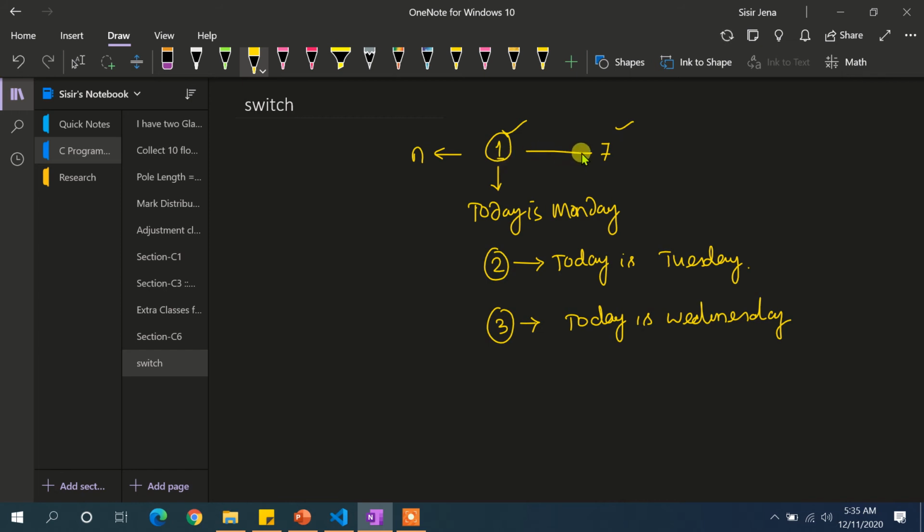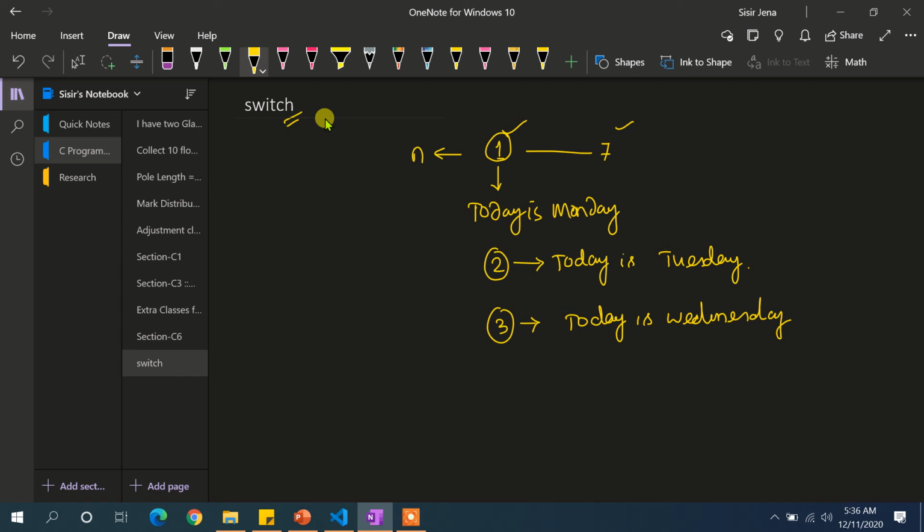If he enters anything other than 1 to 7, then we will say please enter correct choice, something like that. So if somebody enters 1, we display today is Monday. If somebody enters 2, we display today is Tuesday, and so on. I hope you understand the objective of the program that we are going to solve with switch case.